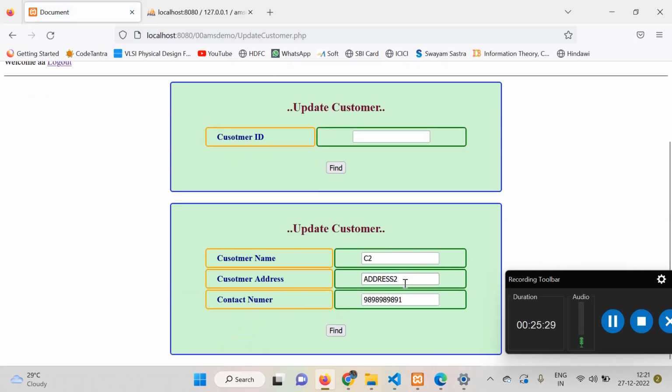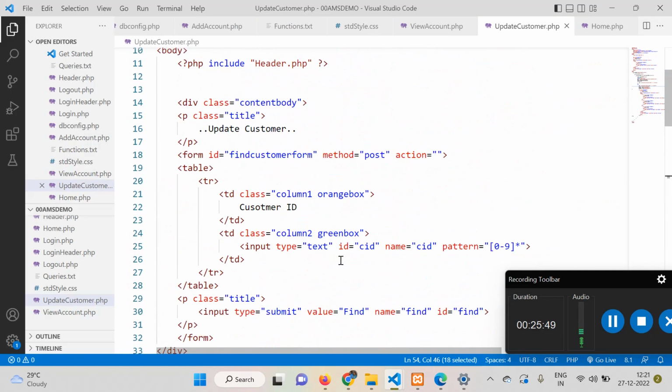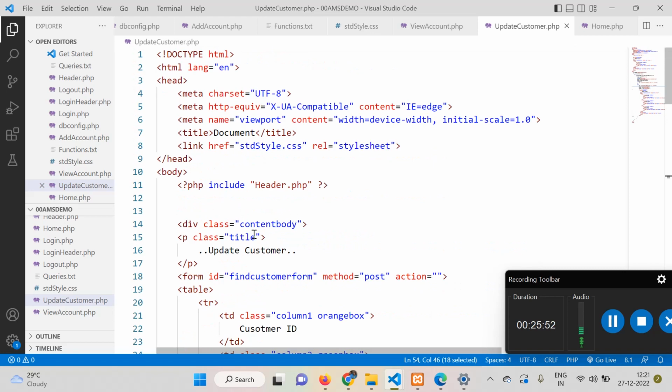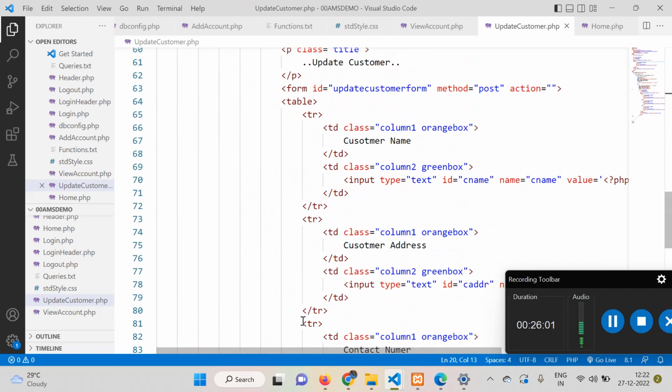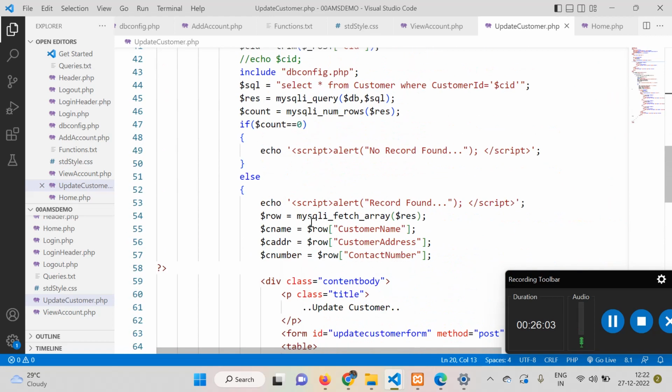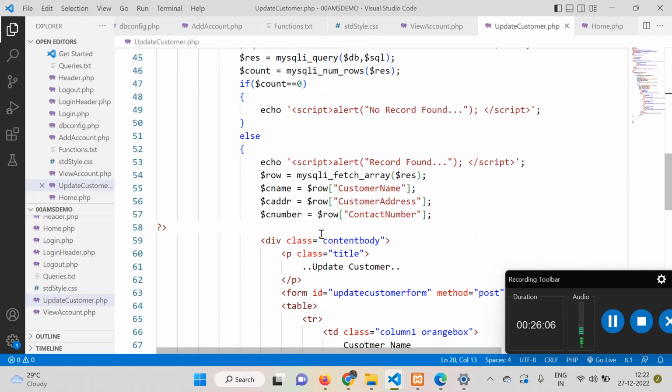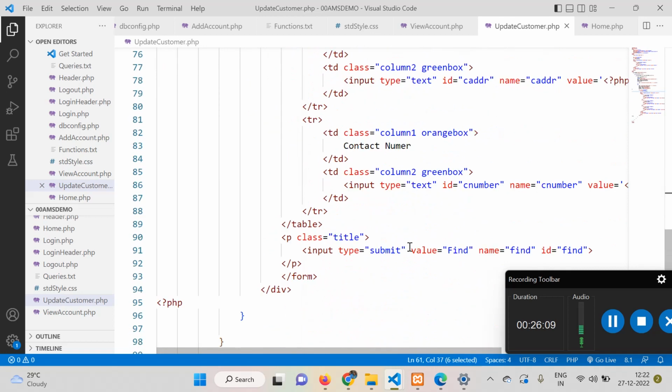So display. So if I click on this, change this address, and this button it will be changed to update customer. So this we can change it to find the customer. This is change it to update customer. Okay, and this is change it to update. Okay, so we'll come to this one. We'll do these changes. First title. This is find the customer or search customer. Okay, and here once the valid customer ID is entered, I have to update customer and that submit button